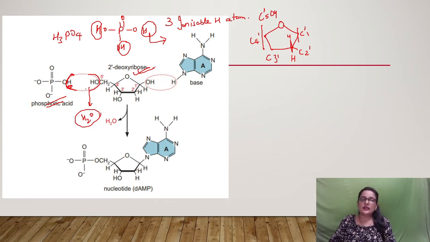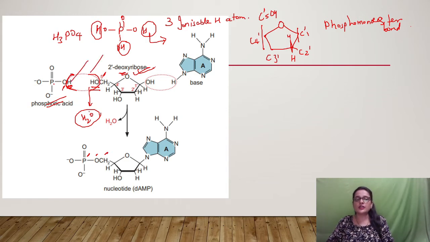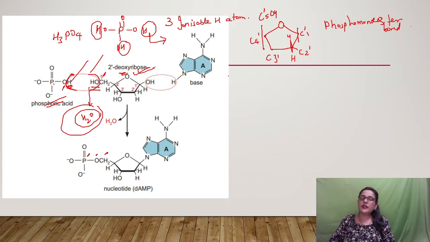So this phosphate molecule, when it combines with this OH of the sugar molecule, forms a bond which is called a phosphomonoester bond. See over here, when this water molecule leaves this reaction, this P is present here also, this O is here, and this CH2 is here, but this H and OH have left this reaction as a water molecule. So whenever a phosphate molecule or phosphoric acid combines with the sugar molecule, a water molecule is lost.